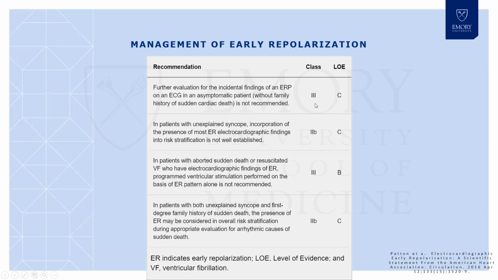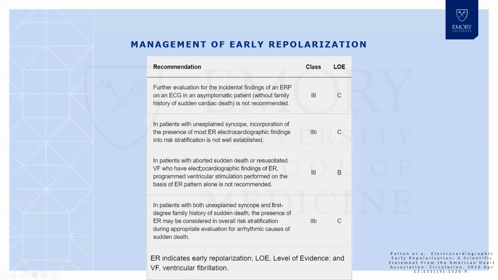It makes sense because those patients are at such low risk of having deadly arrhythmias that if you just see the pattern, there's not much else to do. This may change in the future as risk models become better, and maybe we can find a very, very high risk subset of patients, but it's still not there, at least in the current guidelines.